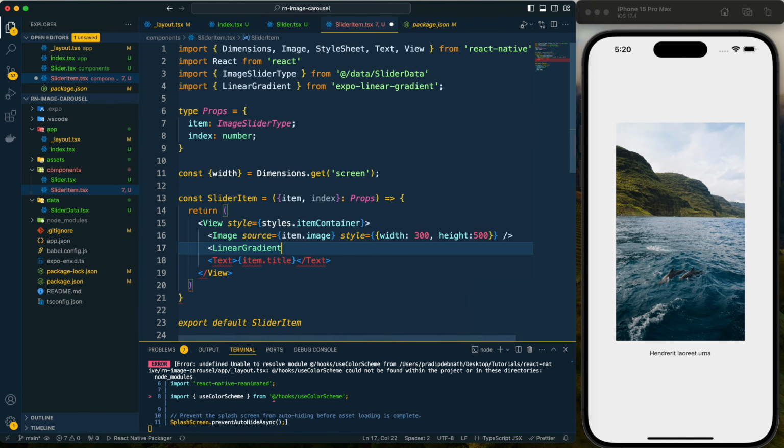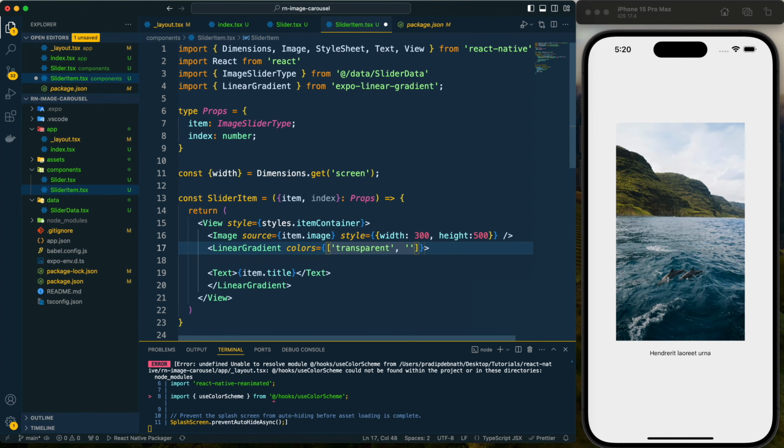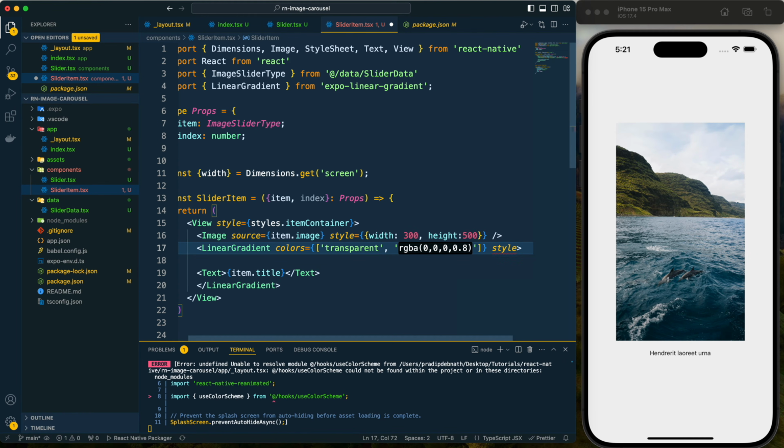So here I need to import LinearGradient from expo-linear-gradient, and within that I can provide the text, and for this gradient I need to provide the colors. The first color I will provide is transparent, and for the second color I will provide this RGBA color. And now for the style of it